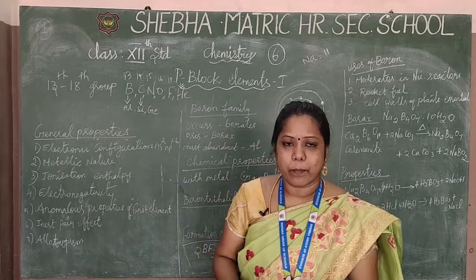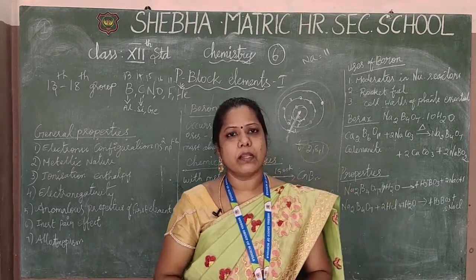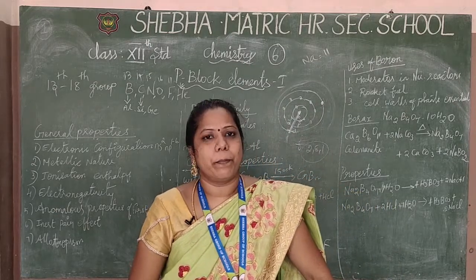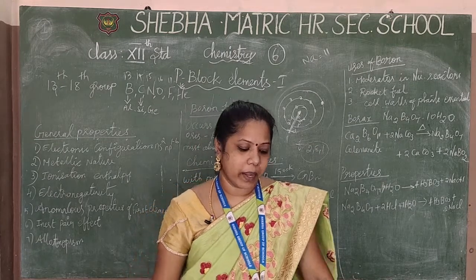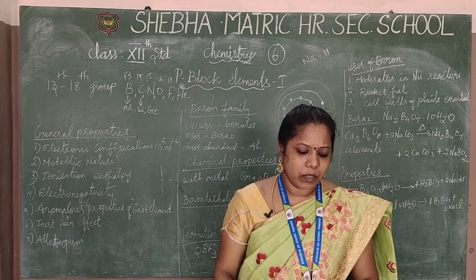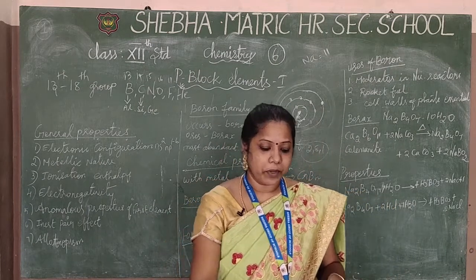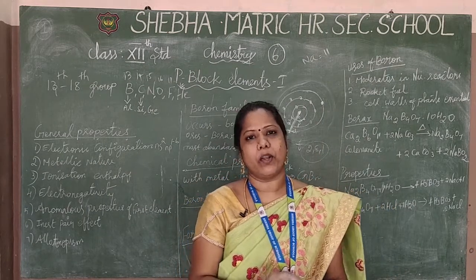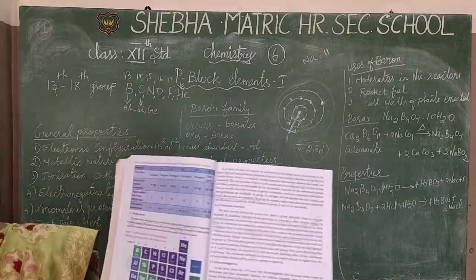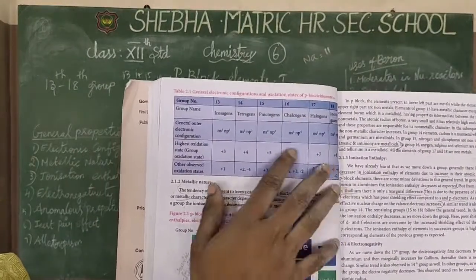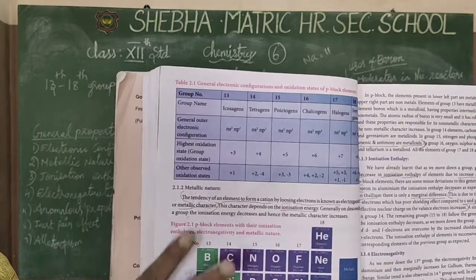So there are many elements and important things for the p block elements. So dear students, we have to learn more about the p block elements. You have to read well and learn well. Written practice is a must. Okay, so I am just going to revise again the configuration of the p block elements. I am going to show one tabulation, the most important tabulation. After this tabulation I am going to complete today's class. You have to notice the general electronic configuration and oxidation states of p block elements.